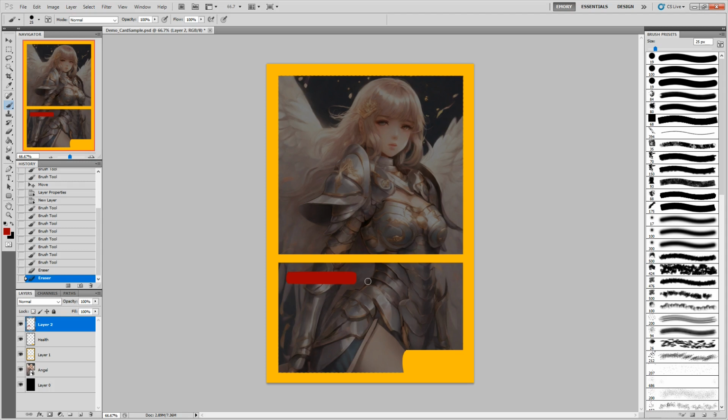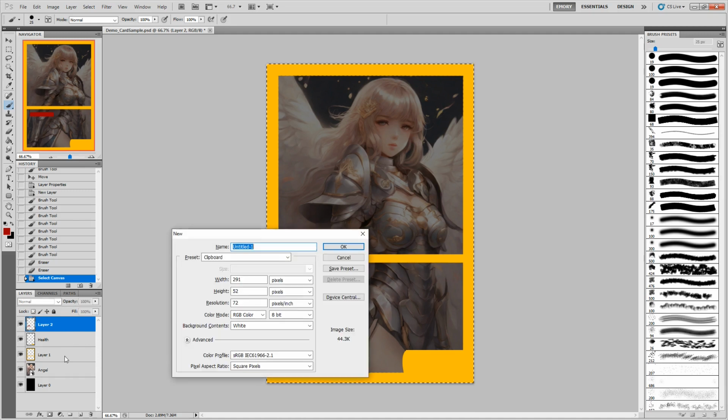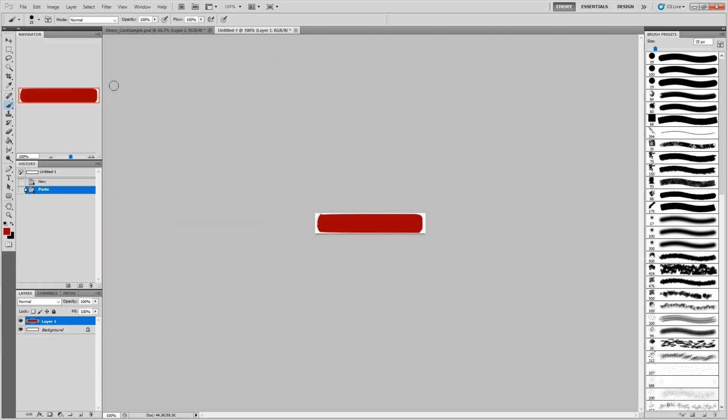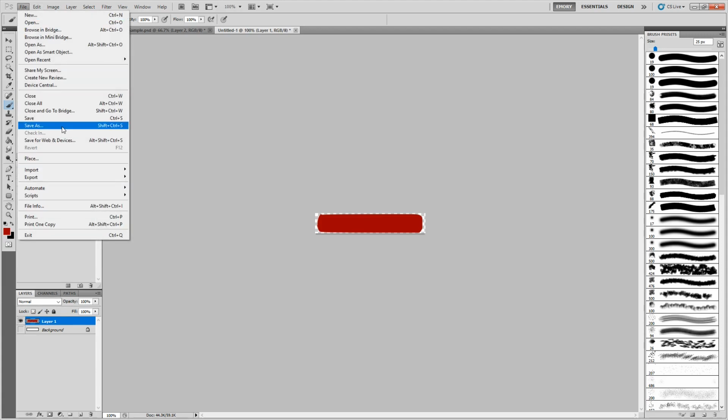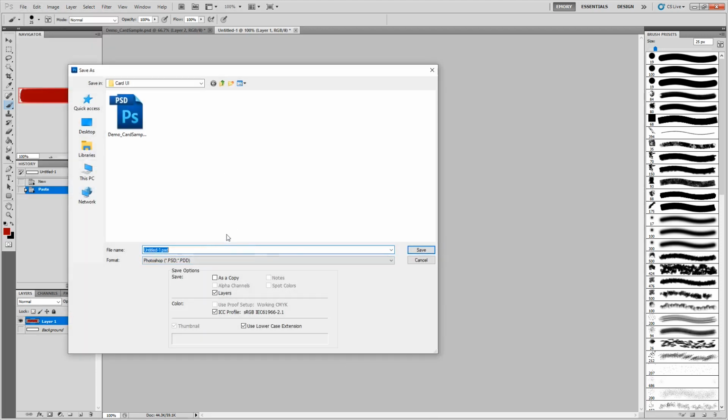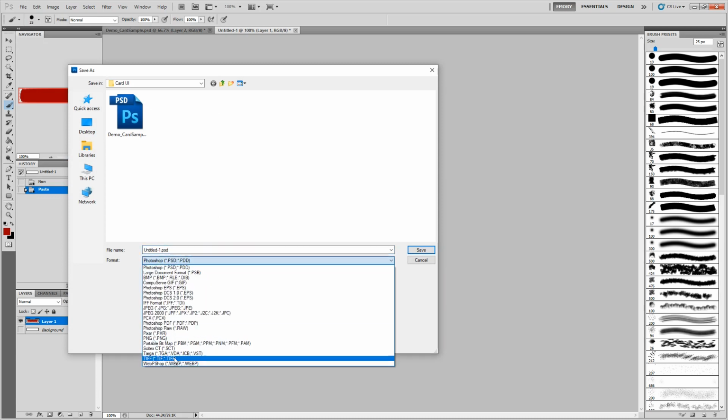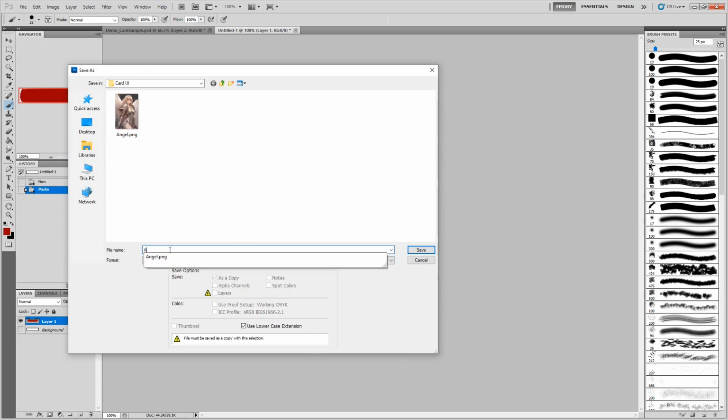So I've got the basics of my card laid out here. This is as if you sketched something out and you want to figure out how to export everything so that you could give it to your artist and start making your art assets from there. So what I'm going to do now is export each of these individual components out. I'm going to do save as. I guess we're going to call it an ability box. So we're going to save it as a transparent PNG file,